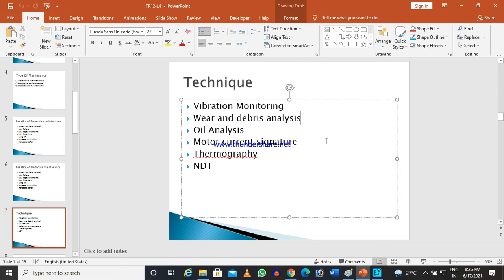Through that you can, because you know the Stefan-Boltzmann formula of radiation. So today thermography is a very efficient way to